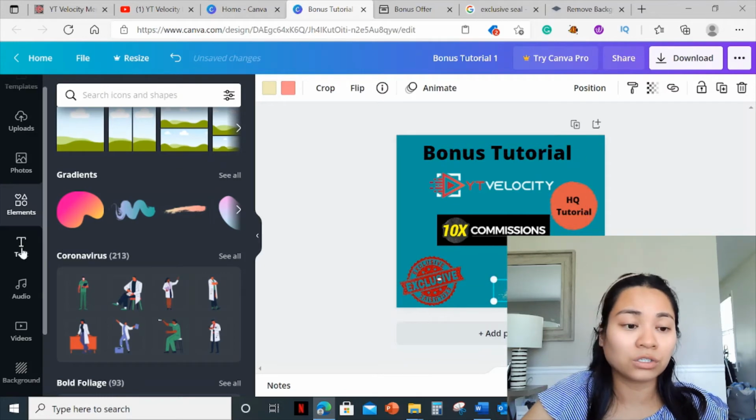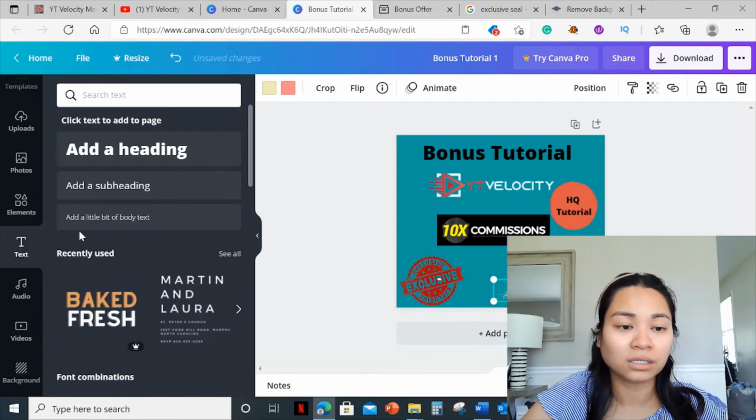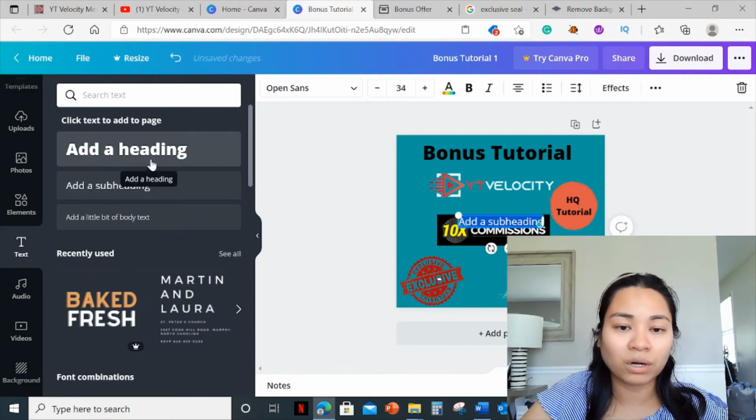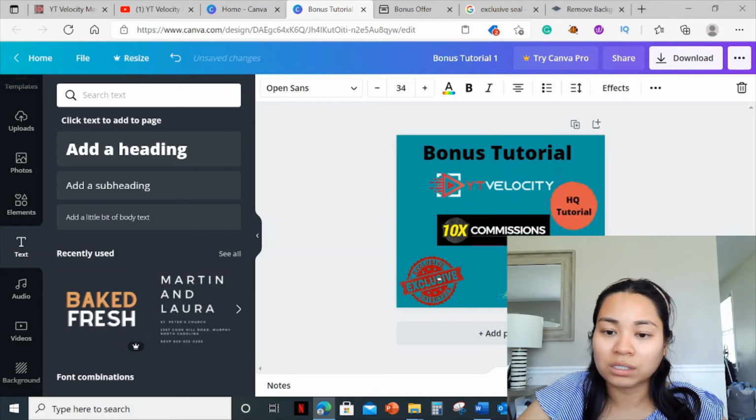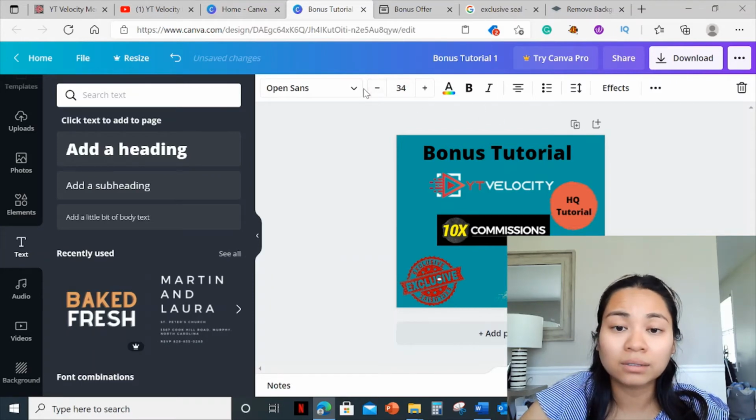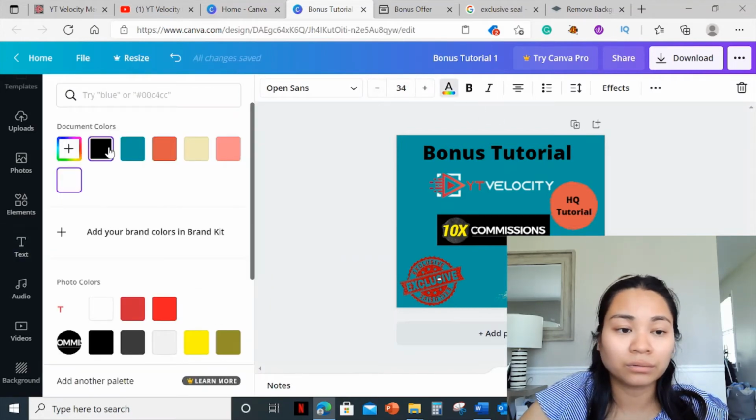And the next is you select text, and I would go by subheading, so subheading is not as big as the one on top, and then type in your name. And drag this down over here, and if you want, you're going to have to change the color so that you can easily read it in here. Click on that